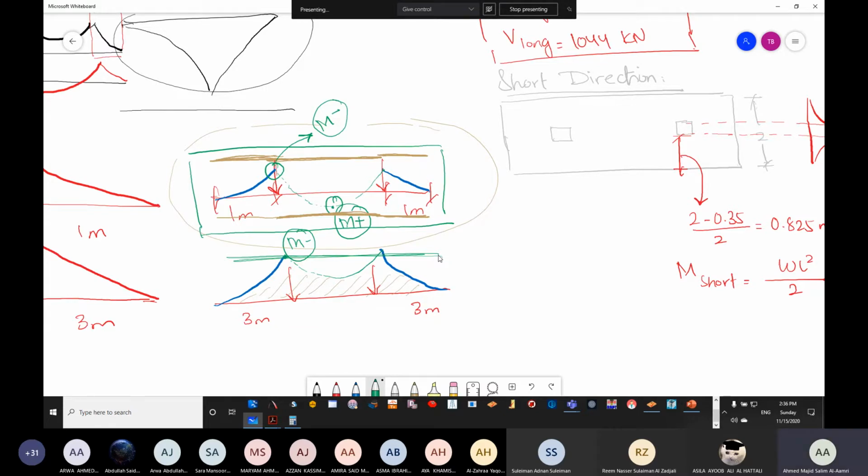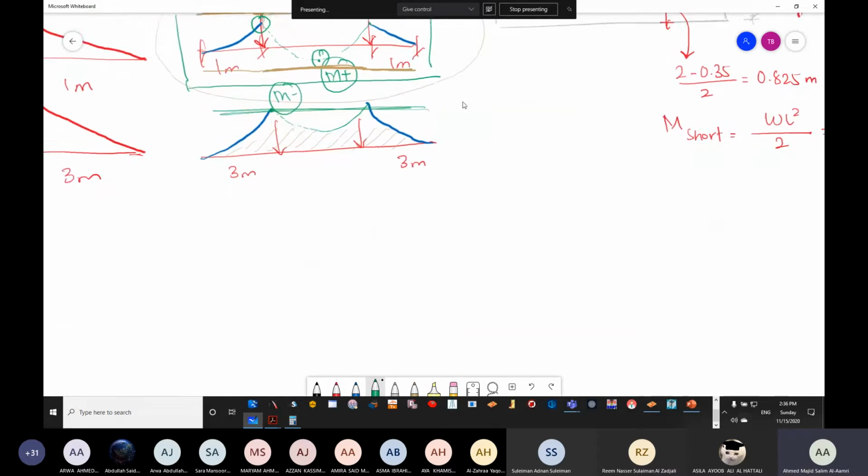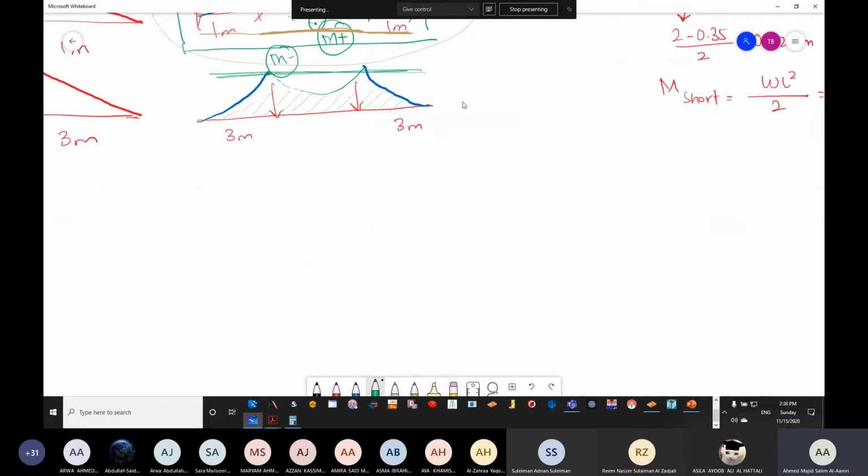Now, of course, this is only on the longer direction. We have the shorter direction as well. Are we fine? Okay. Now we talked about the longer direction. For the shorter direction, okay,